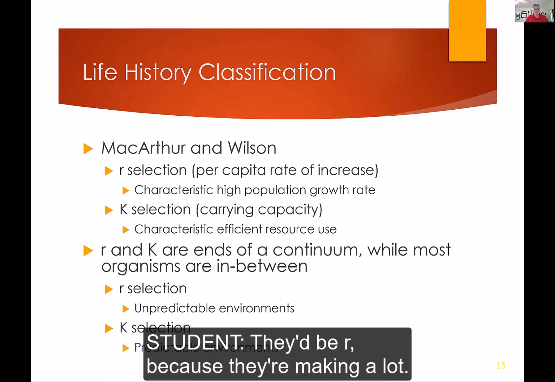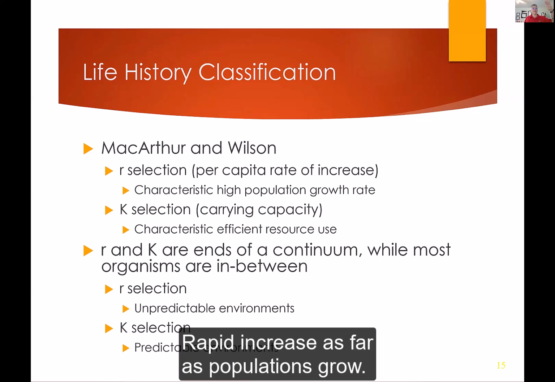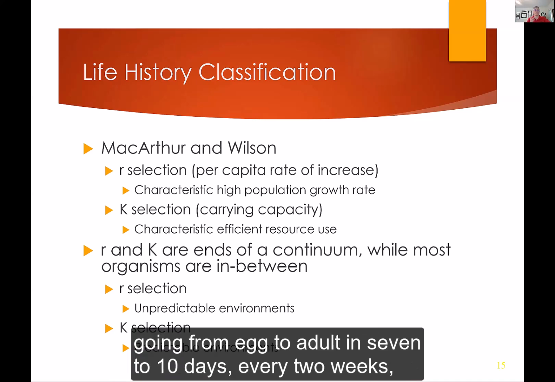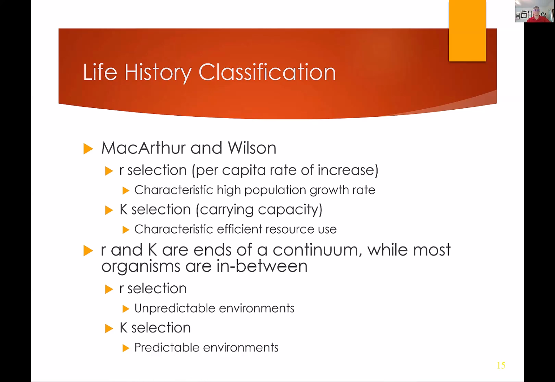They'd be R because they're making a lot. So you would think that they could be more like R, right? Rapid increase as far as populations grow. If they are reproducing, basically going from egg to adult in 7 to 10 days, every 2 weeks you could be doubling your population, right? But